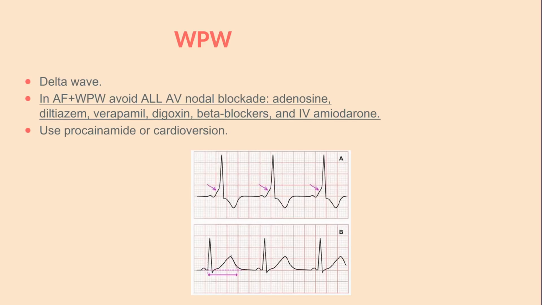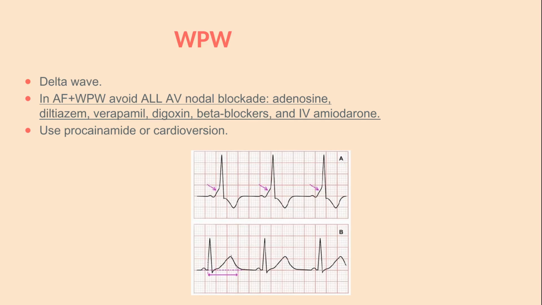Wolff-Parkinson-White syndrome is an accessory pathway bypassing the AV node, and on the resting ECG it shows a short PR interval with a delta wave, a slurred upstroke at the start of the QRS. The danger arrives with arrhythmia. In orthodromic reentrant tachycardia, a regular narrow tachycardia, the node is part of the circuit and standard therapy works. The lethal scenario is atrial fibrillation conducting down the accessory pathway, an irregular, wide, bizarre tachycardia with rates that can